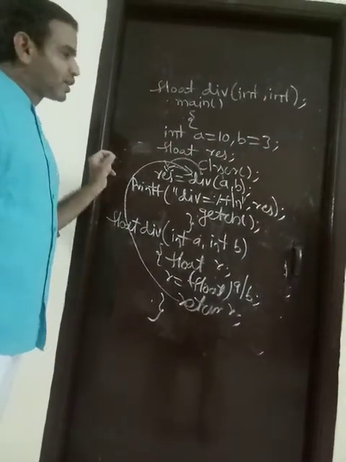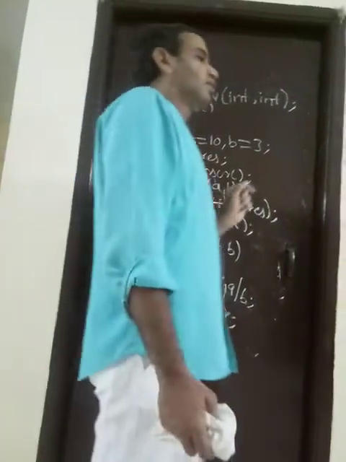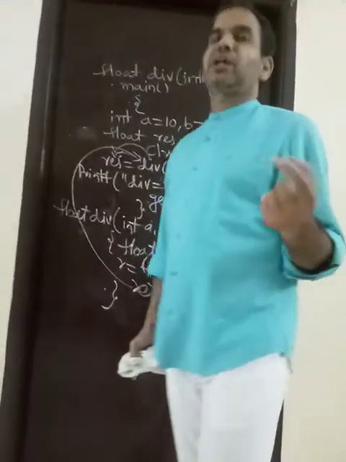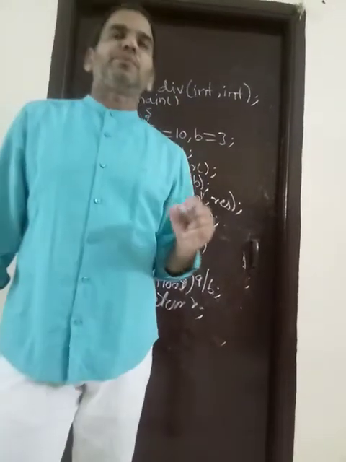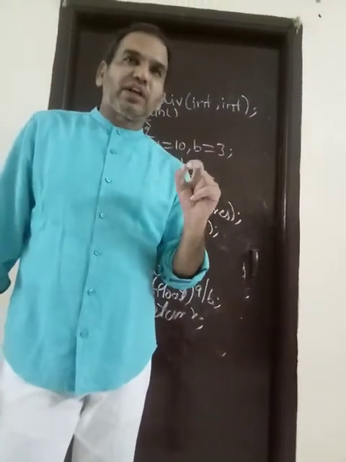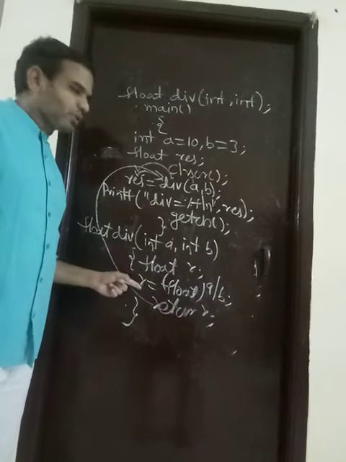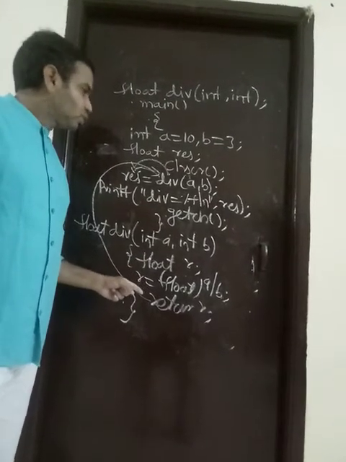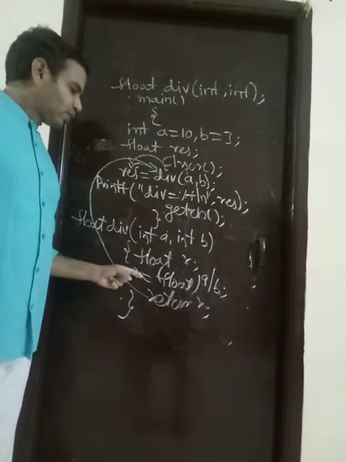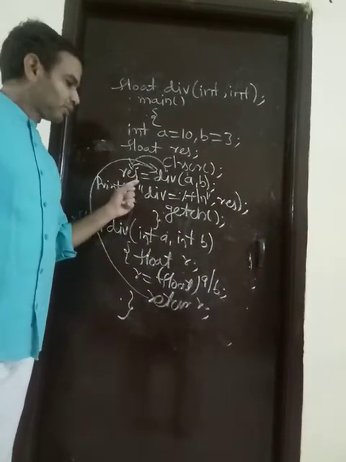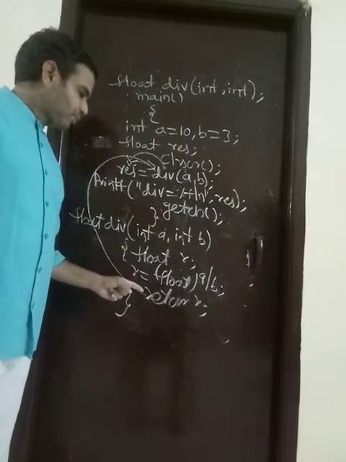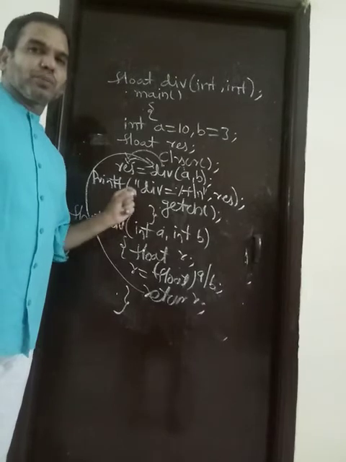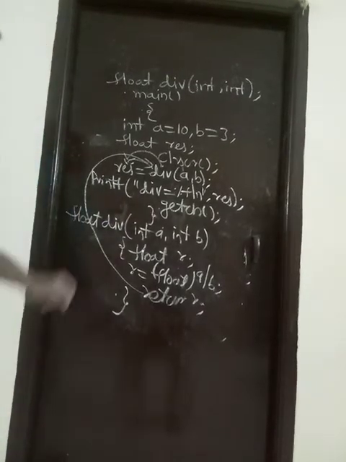For a function returning integer, specifying it is not compulsory; you can write integer or anything. But when we get a float result in the subprogram, the float value will not be returned to the main program by default. To return a float value from the subprogram to the main program, we explicitly specify the function prototype format. So this is the function prototype.